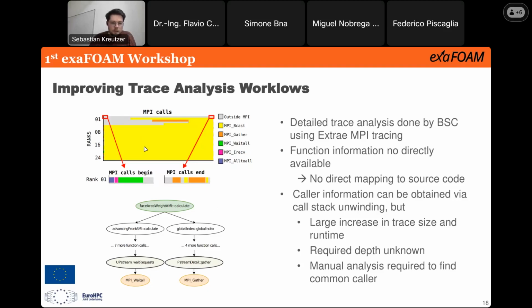On the left side here is an example from one of the micro benchmarks that was analyzed by BSC. At the top we see a region outside MPI that shows quite the imbalance between different ranks. But the only thing we see is the beginning MPI call and the end MPI call. What we want to know as an analyst is the common caller between these two MPI calls. In this case, manual analysis showed that it was this phase error weight MI calculation function,